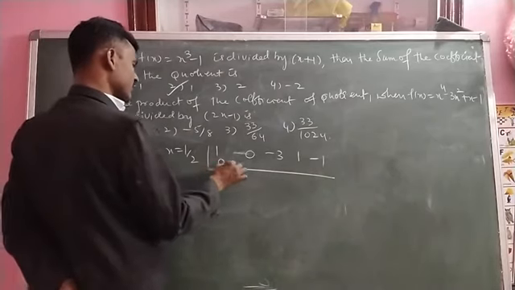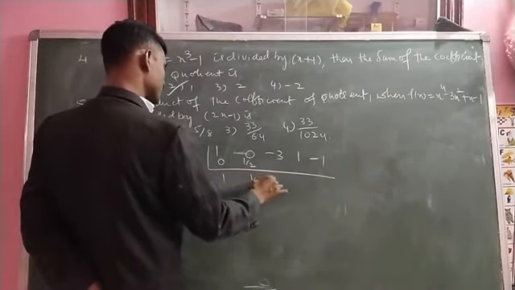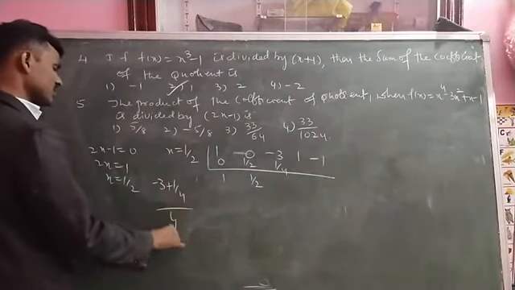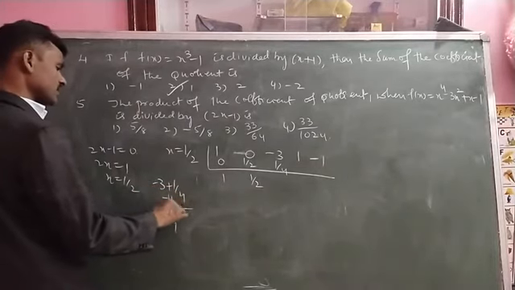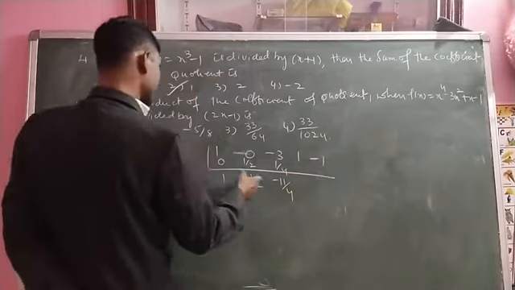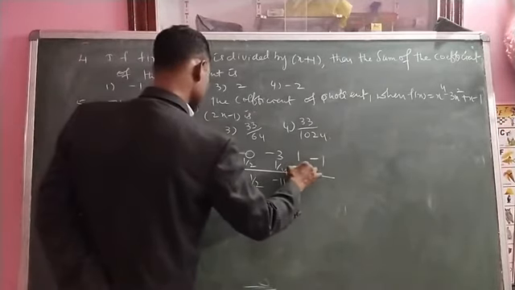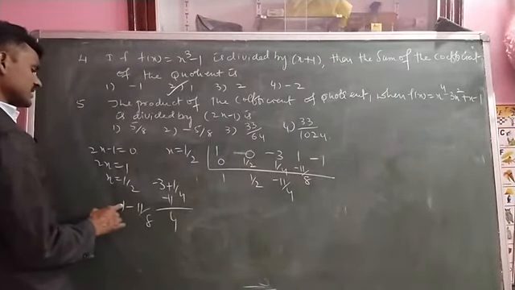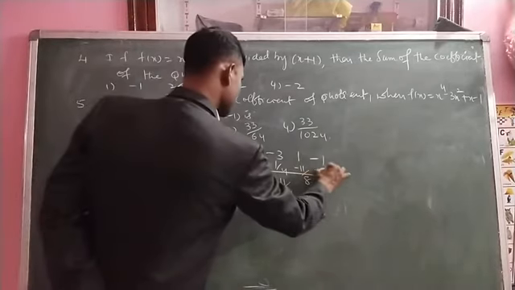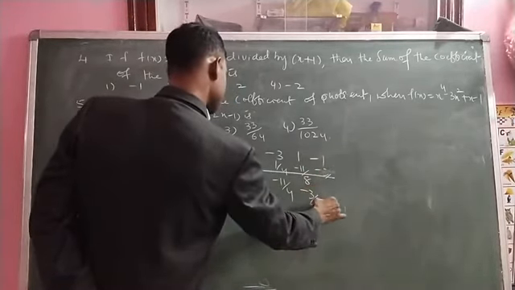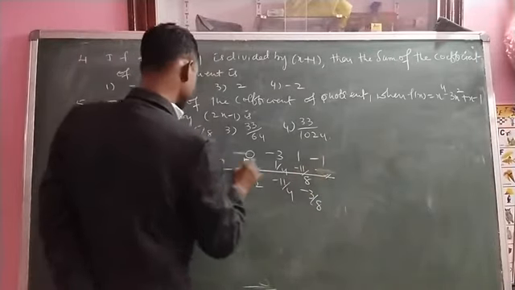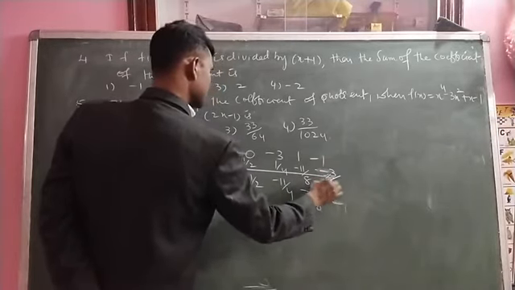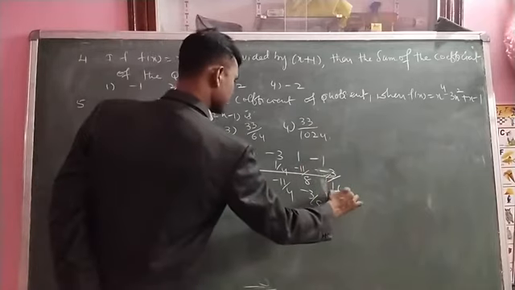Now this is 1, 1 into 1 by 2, 1 by 2. Here this is 1 by 2, 1 by 2 into 1 by 2, 1 by 4. See here minus 3 plus 1 by 4: 3 4s are 12, 12 minus 1, 11, so minus 11 by 4. Minus 11 by 4 into 1 by 2 means minus 11 by 8. Again you have to write here 1 minus 11 by 8, 8 1s are 8, 8 minus 11 means minus 3 by 8. Minus 3 by 8 into 1 by 2 is equal to minus 3 by 16. Next here minus 1 minus 3 by 16, 16 1s are 16, 16 minus 3 means minus 19 by 16.